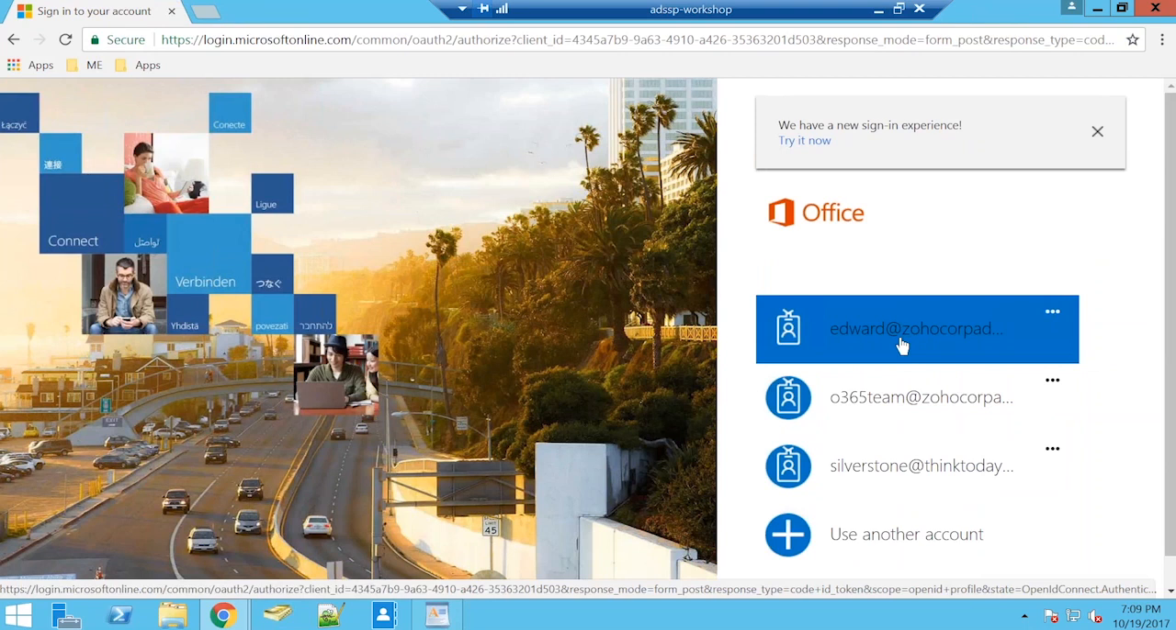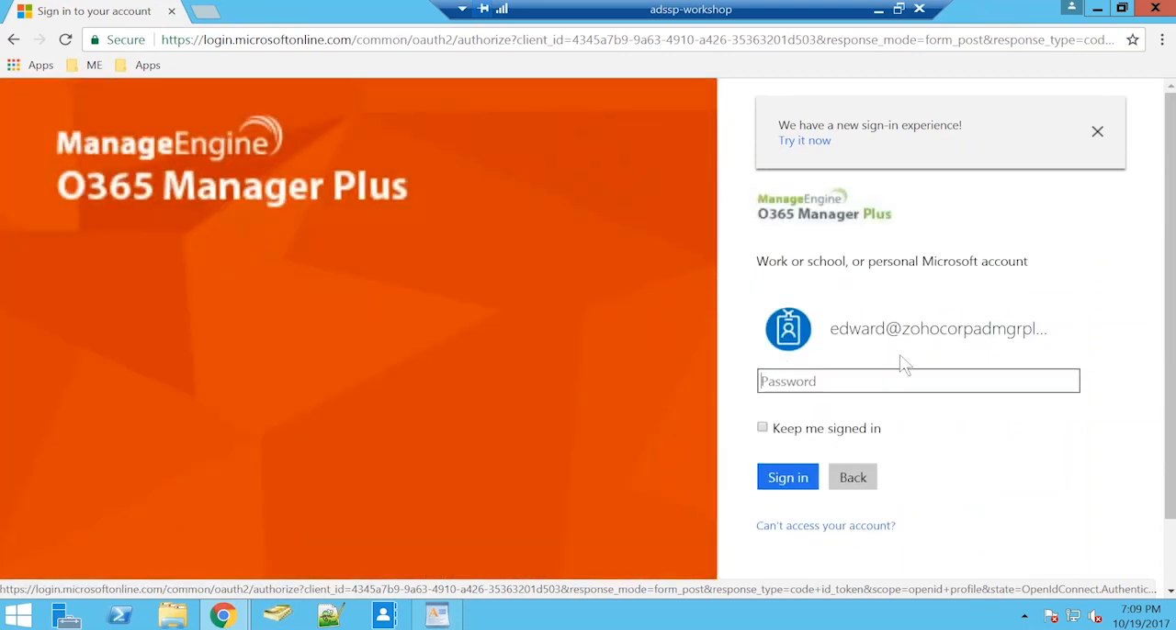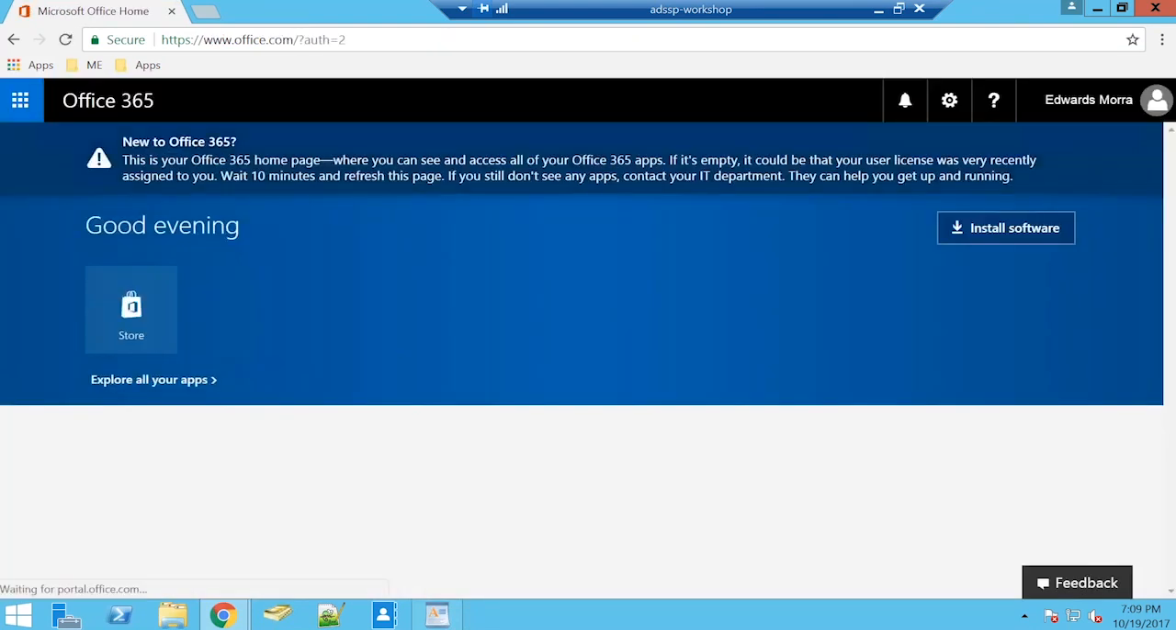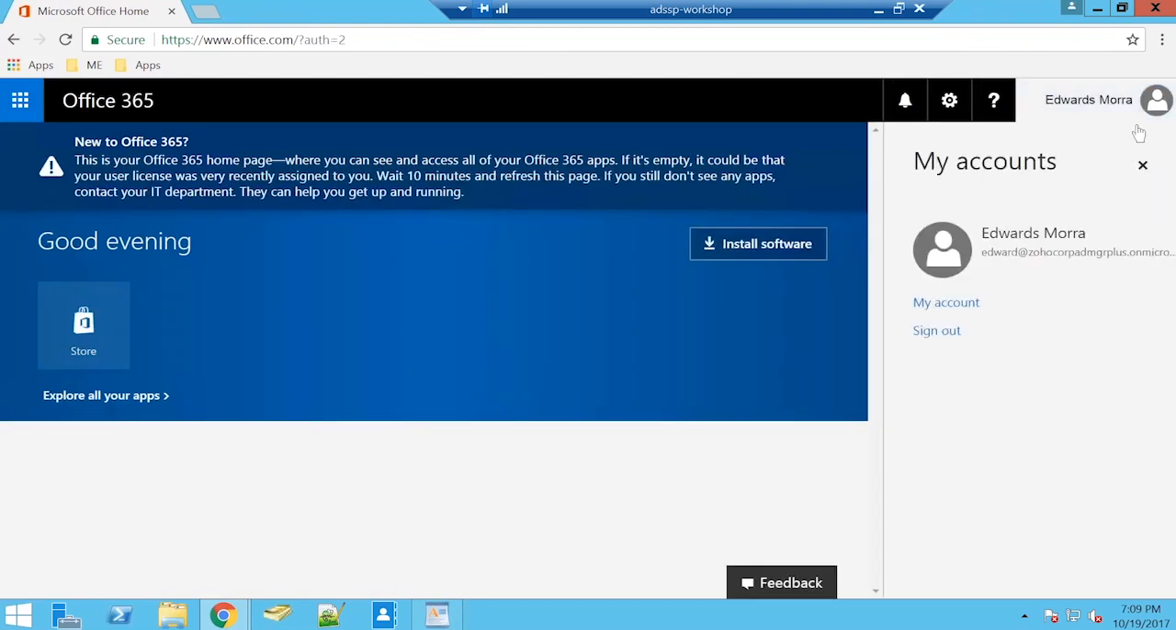So I'm going to hit Edward at Zoho Corp AD Manager Plus. ManageEngine Office 365 Manager Plus has been detected. I'm going to key in the password that I just changed and click on Sign In. Yes, Edward was able to successfully access his Office 365 account with the help of a